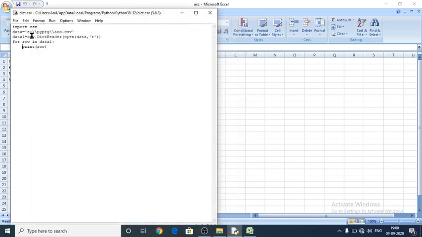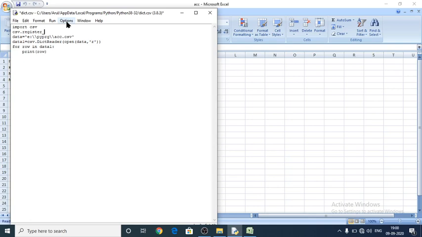For that, first of all, you have to give import csv, and we have to give csv.register_dialect equal to, here we have to give the dialect, because the dialect defines the nature of the file.